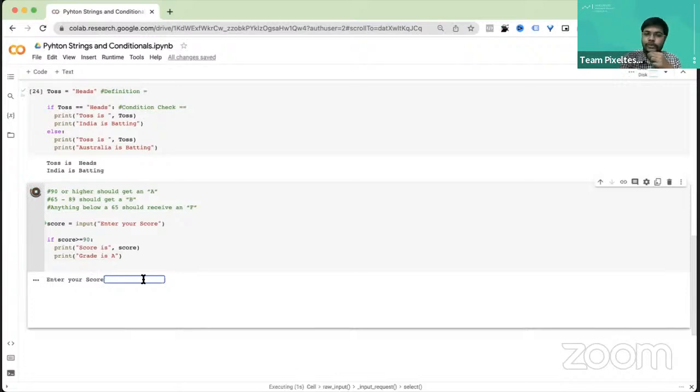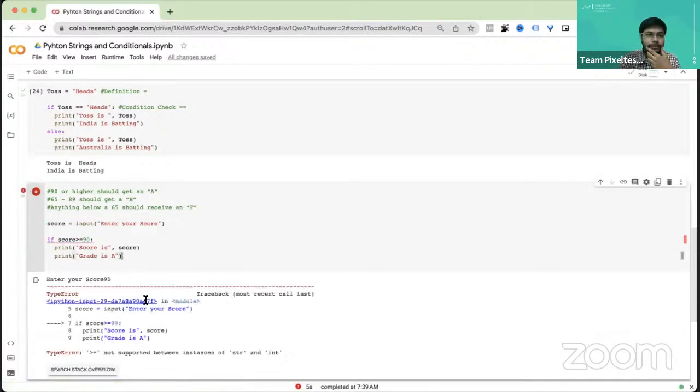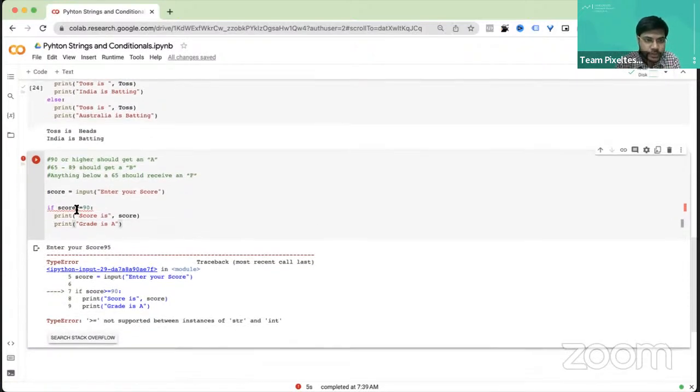Asking me score, and I'm going to say 95. I'm going to enter. Okay. And let's see what is the error. So errors are your friend. Now we see that if score is